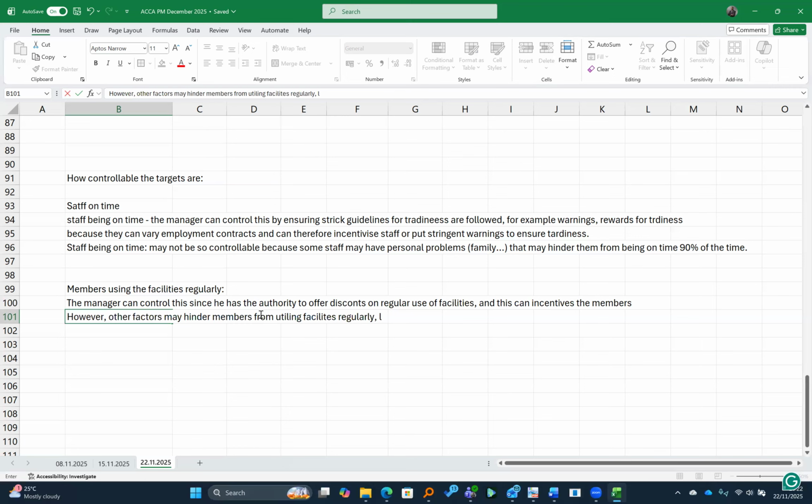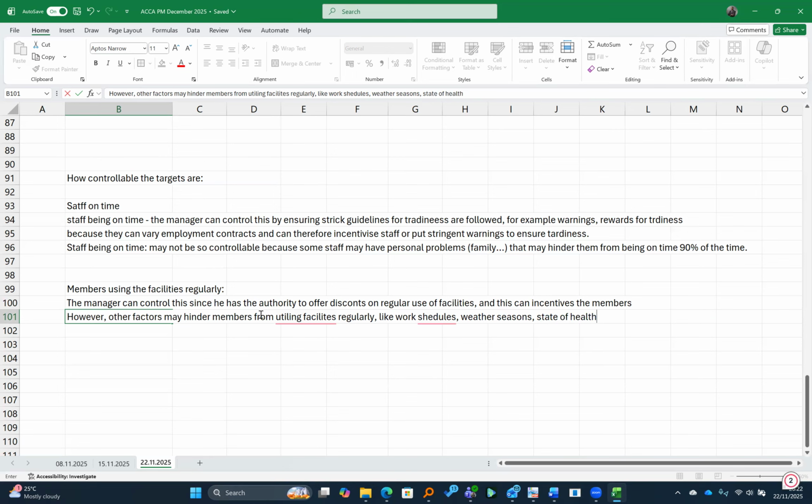So things like the work schedules, okay, things like maybe weather, seasons, like maybe during winter, they may not want to come. Then maybe state of health,